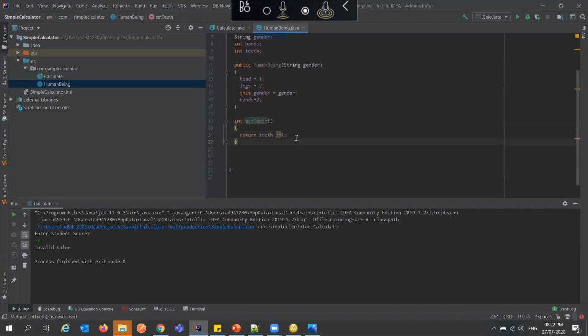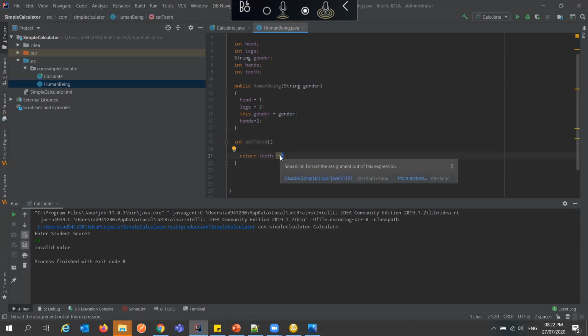Now, once the child comes out, which is our object, after year 1 we want to give it 1 tooth. After year 2, we want to give it 2 teeth, and so on, until he becomes a fully grown man and has 32 teeth. So I'm setting a method that says set the object's teeth, so that every time I call set teeth, it increases the teeth by 1. The next time I call it, it increases to 2. Next time, to 3.